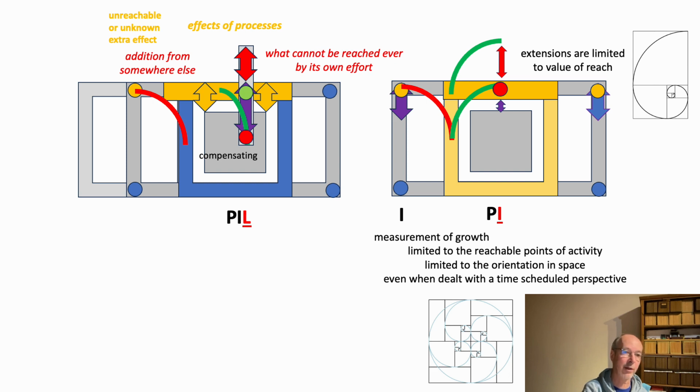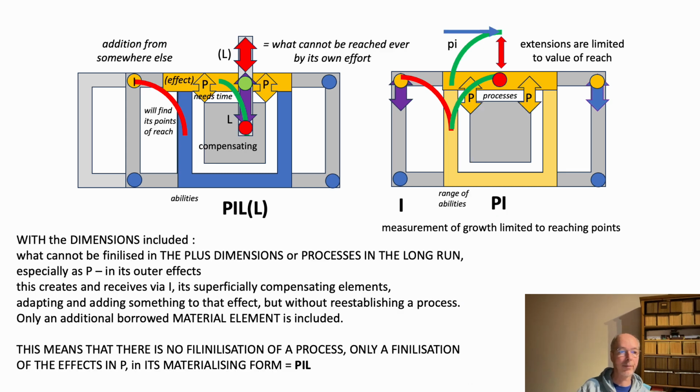So in the process we can't reach them. So we can't reach them by our own effort. So we take a pill, as a manner of speaking, with which we will add these effects that we cannot reach ourselves. So these effects are added, not into a new process, but into our bodily functions as a material. So this material is taken in and is compensating for the effects we cannot reach immediately. That is actually what is said in PIL.